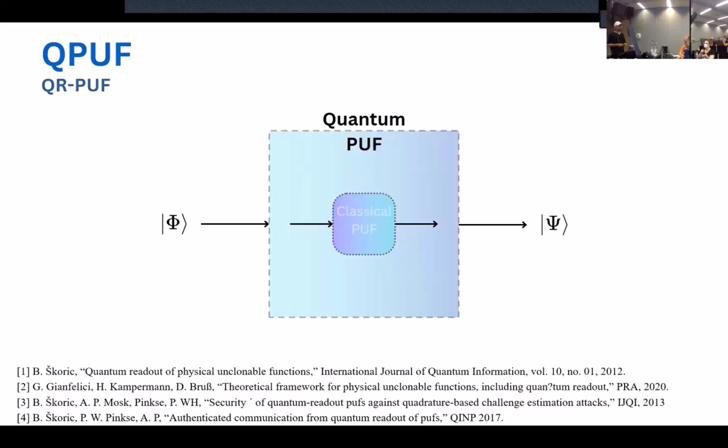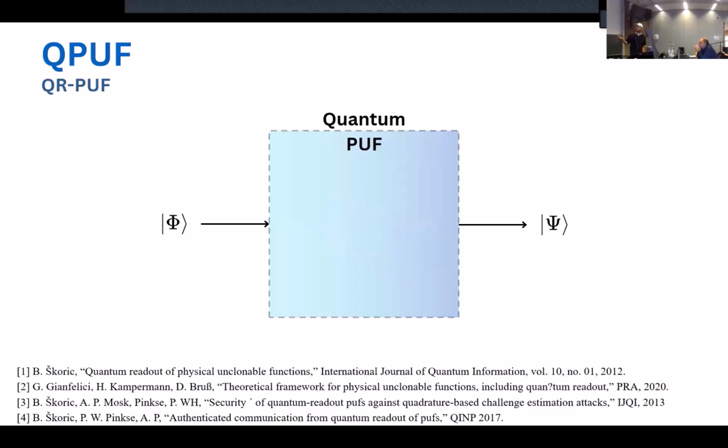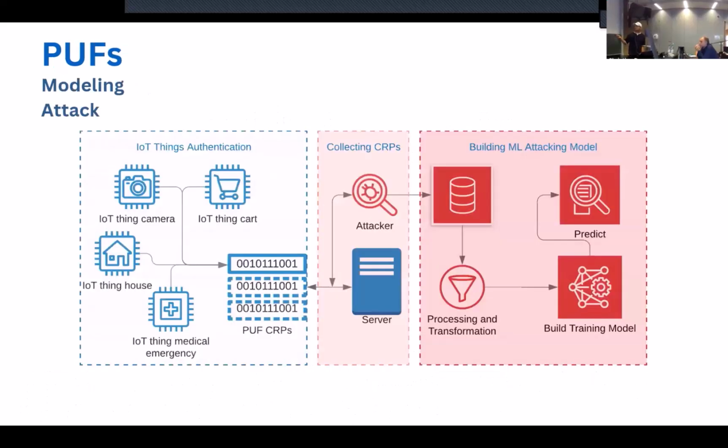I would think that you could clone the classical PUF and just reproduce the classical behavior of the function, and you would basically get the same result back. Yeah, if you can clone the classical PUF, then yes, you can clone the QR PUF. But what the authors were trying to achieve is a protection against this kind of attack, where they are not cloning the classical PUF, the device itself, but they are collecting the challenge-response, the input-output, and then trying to predict the behavior of the next output.